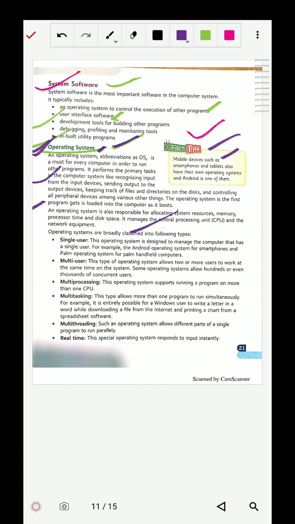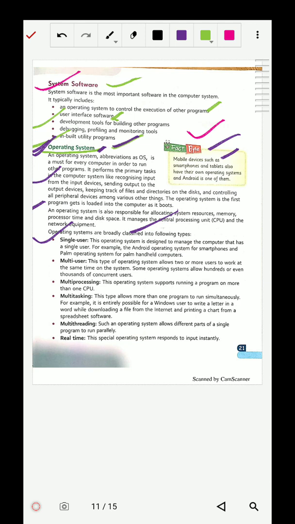So in a mobile phone, which operating system is used? That is Android. Now operating systems are broadly classified into types, and we will study some of them. The first type is the single user type. A single user operating system is designed to manage a computer that has a single user.